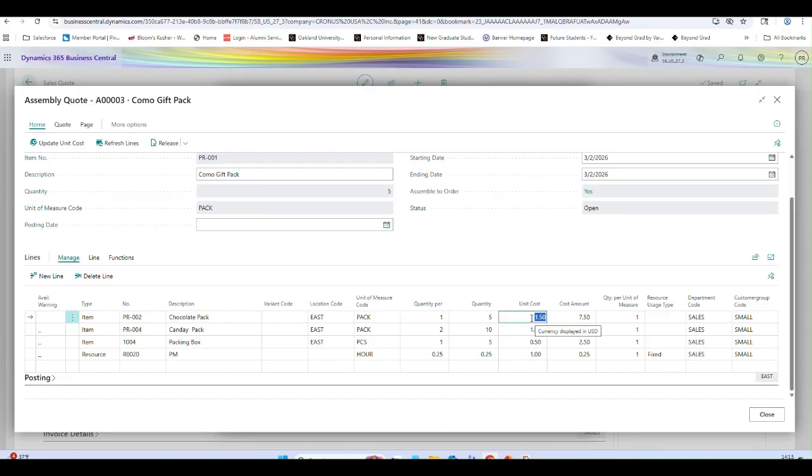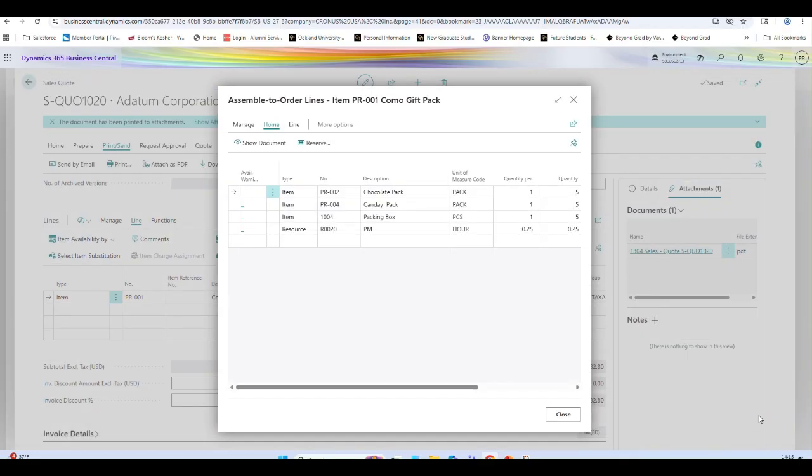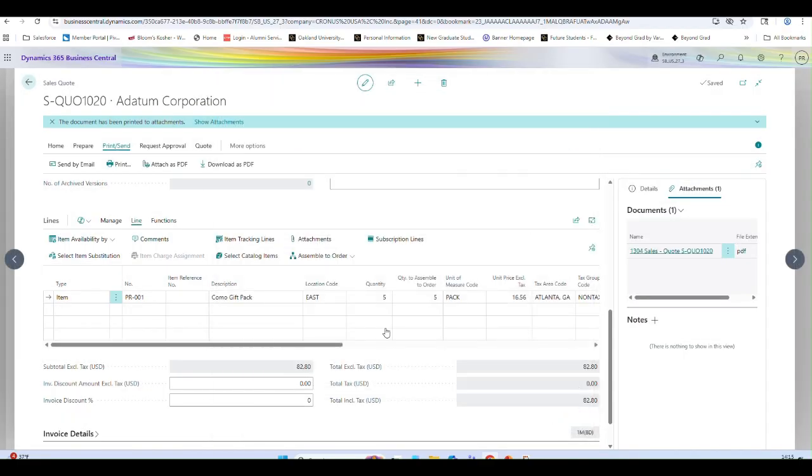Suppose the value has currently changed, or any business scenario like maybe one item is not needed for this, and maybe only one quantity is needed for this item. I can change that, right? Based on that the price is changed, right? Let me go back and close it. Still, you can see that the unit price is the previous one, which is coming from the item card.